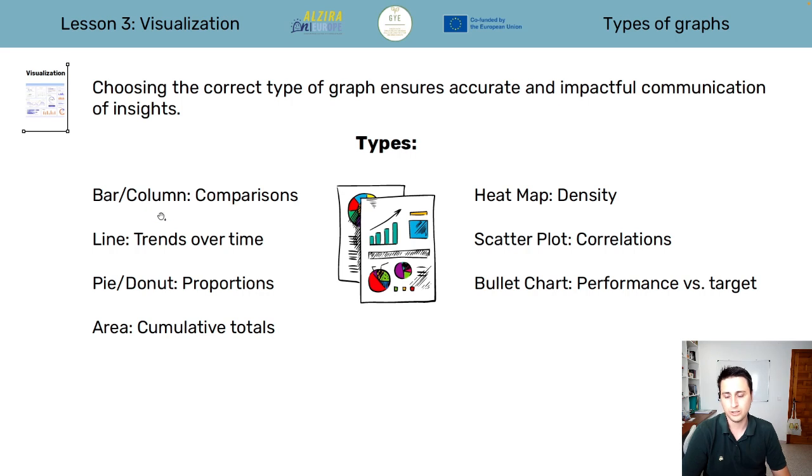So we can use bar or column for comparisons, lines to see trends, pie or donuts to see proportions, area to see cumulative totals, heat maps for densities, scatter plot for correlations, bullet chart for performance or targets.